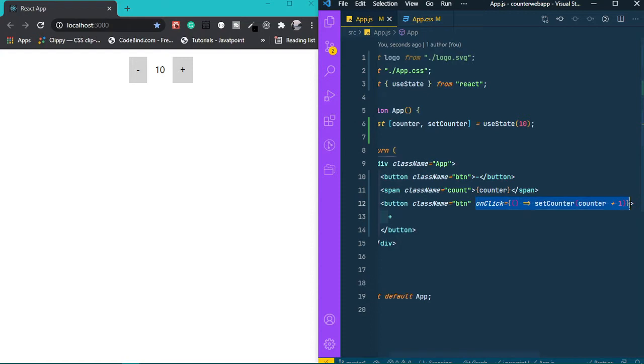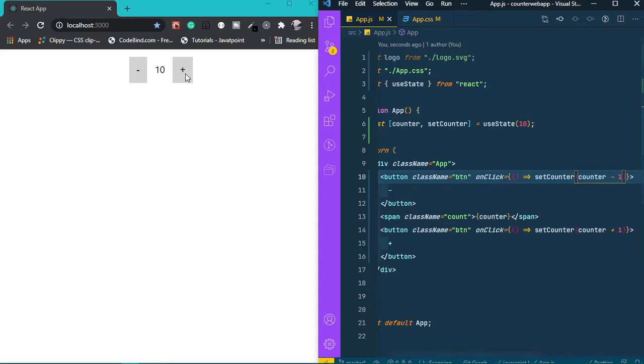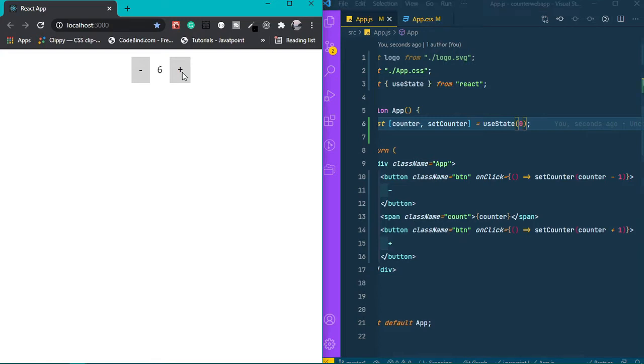Same for minus. So I will just say minus, and the initial value is 0. So if I click 1, 2, 3,